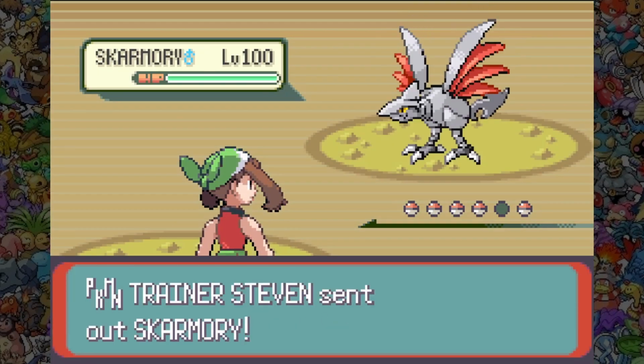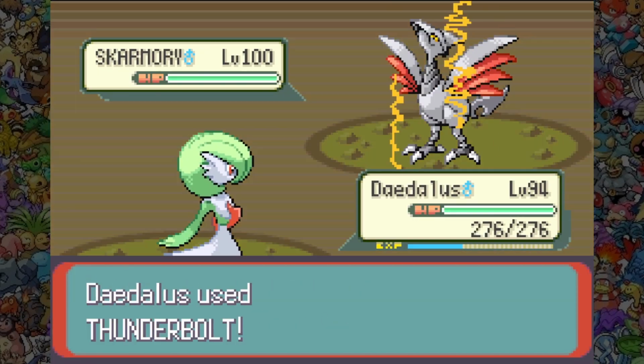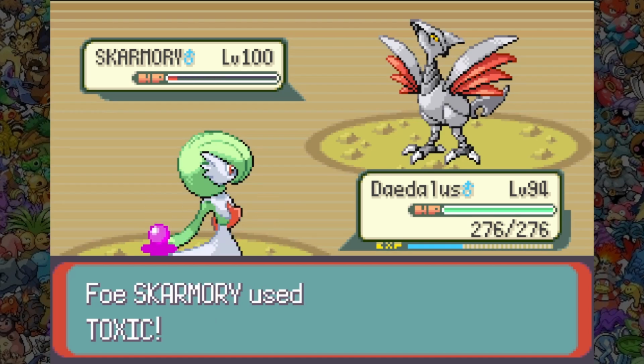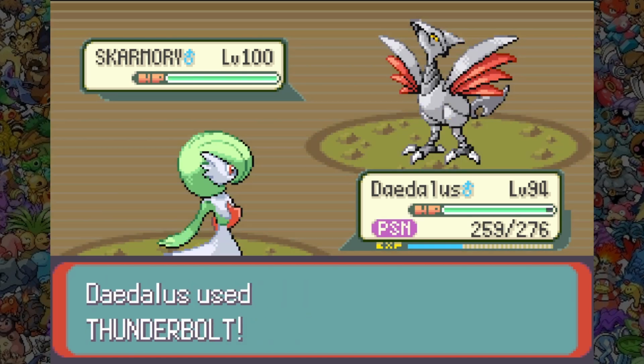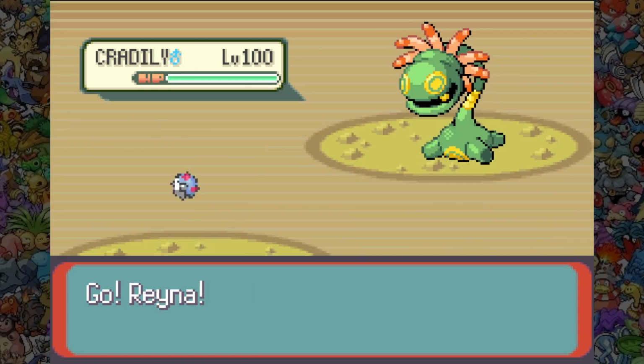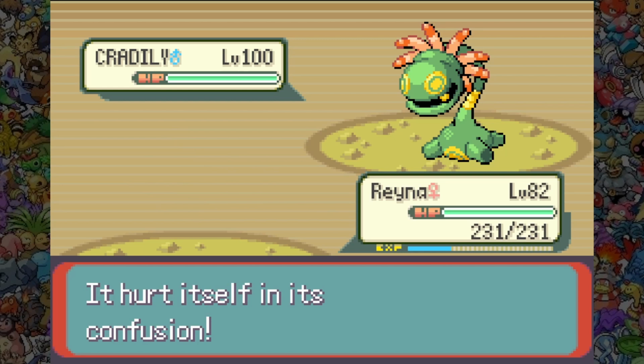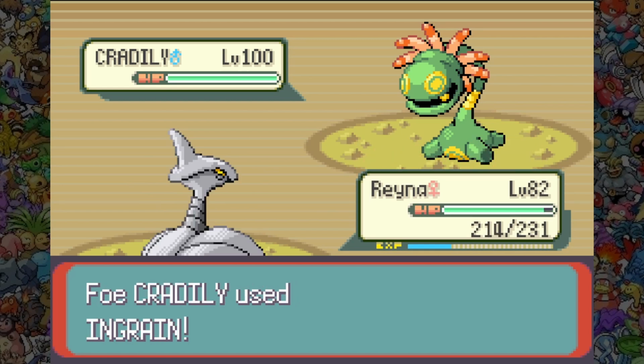Steven starts with Skarmory and I start with Gardevoir. I go for Thunderbolt and it actually doesn't get the kill. This lets Skarmory go for a Toxic and then Steven heals, but 2 more Thunderbolts take him down. Cradley's next and I switch to Reina. We get confused on the switch and hit ourselves as he sets up Ingrain. His ancient powers do more damage than I was expecting, but thankfully we can set up 3 layers of spikes